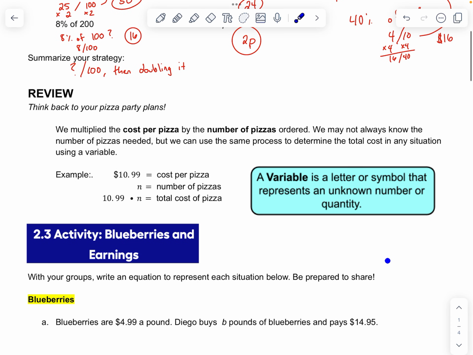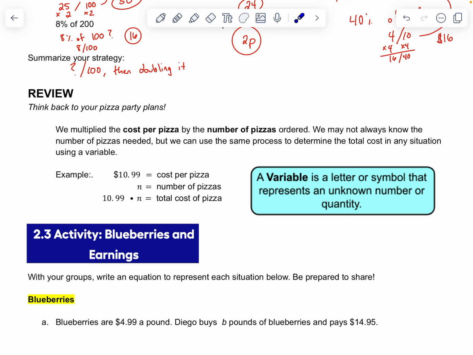So last week we did pizza party plans, right? And we talked about the different costs of pizza. So we're just going to go through an example here. Let's say that we multiply cost per pizza by the number of pizzas, all right? So if $10.99 is how much it costs per pizza, so for one pizza,